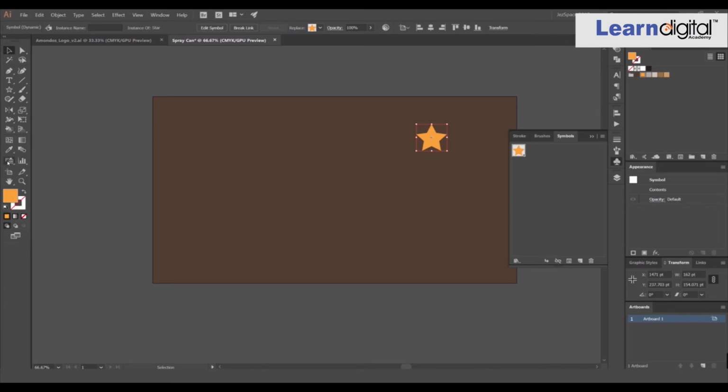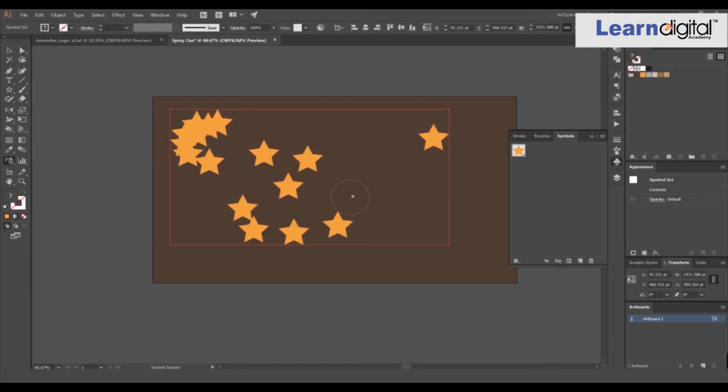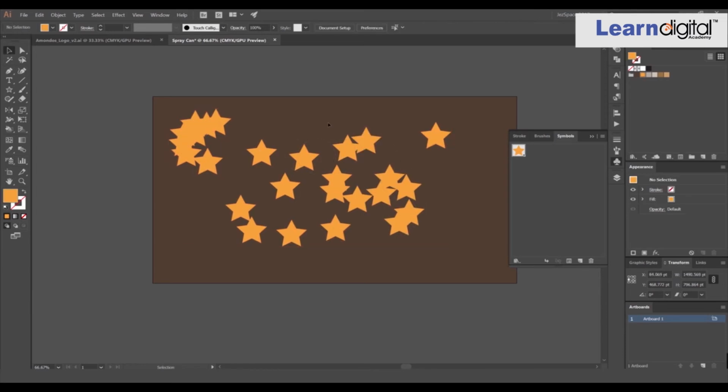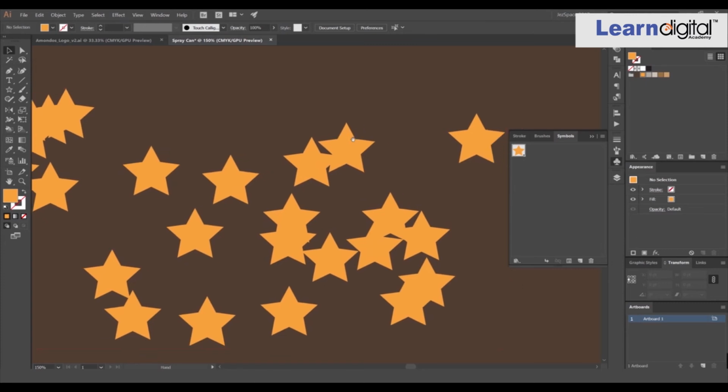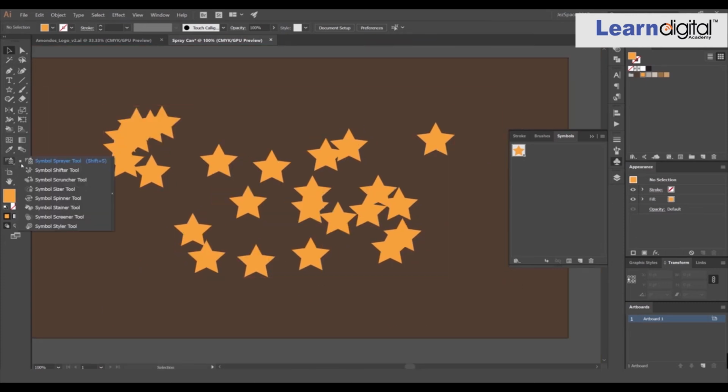Now by using the symbol sprayer tool, I'm going to spray this star. In the symbol sprayer tool, we have a lot more options. The first one is the symbol sprayer tool. The second one is